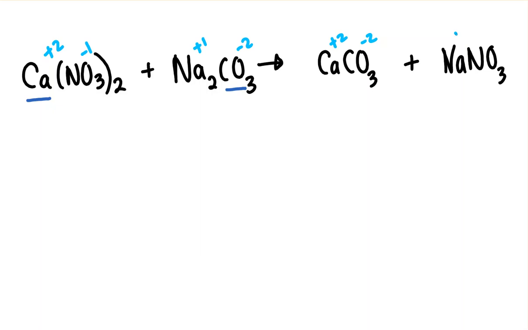Their charges do not change during a double replacement reaction. Okay, and so what I'm doing is I'm looking at this and saying, is that a good chemical formula for calcium carbonate? And it is, because it's neutral, +2, -2, that's a good formula. When I look at sodium nitrate, +1, -1, that is a good formula already,